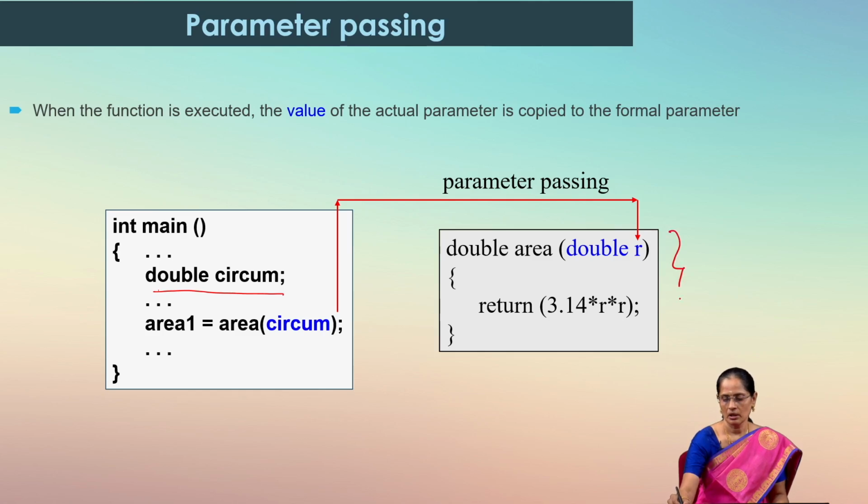This is a user defined function for calculating the area of a circle. The task given to this function is to find the area of the circle. The input, or the argument or the parameter which is passed on to the function, is actually the radius of the circle. Now, this is actually called the formal argument or formal parameter,